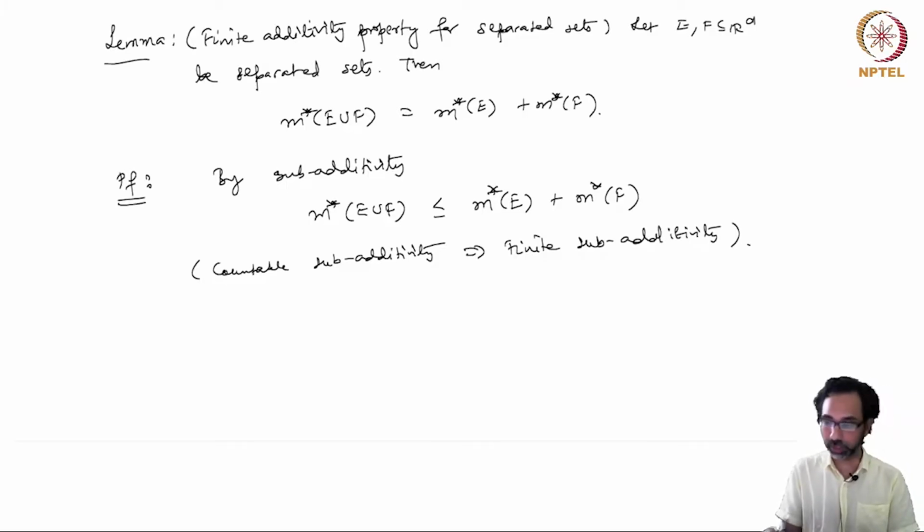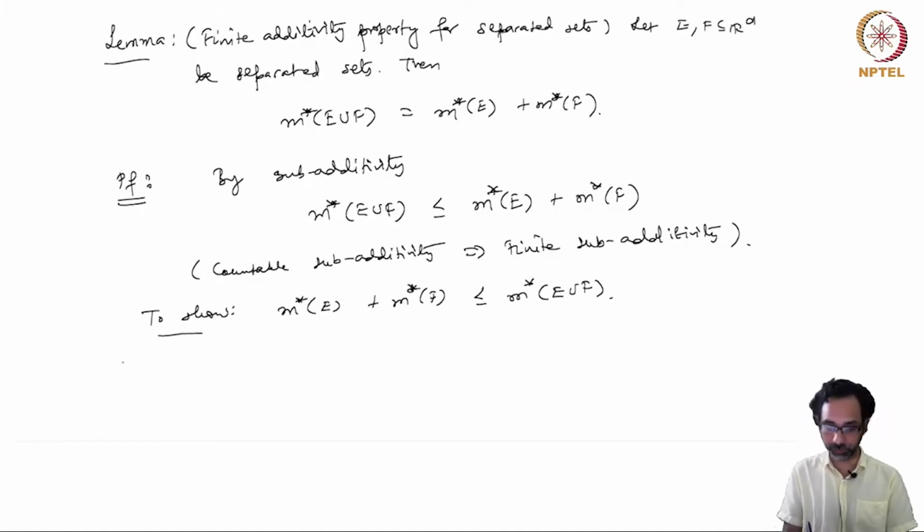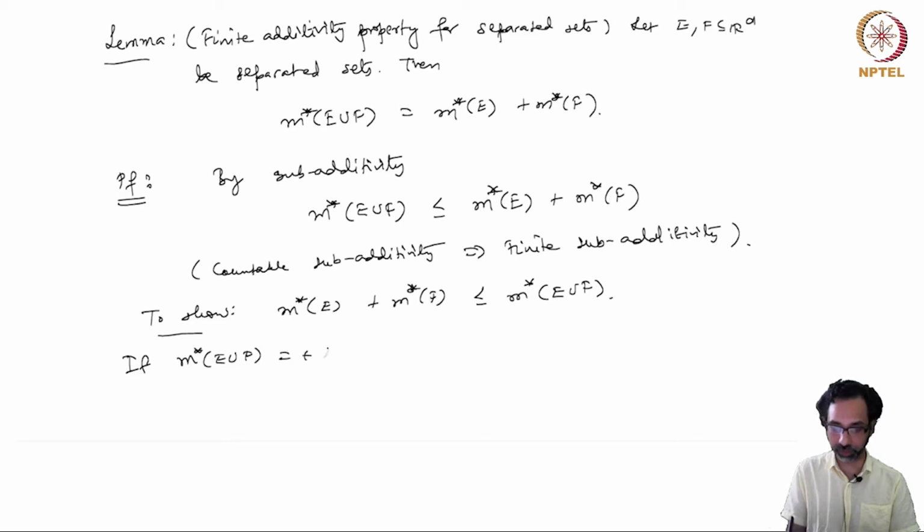So it's enough to show the reverse inequality, which is that m star E plus m star F is less than or equal to m star of E union F. Notice that if m star of E union F is plus infinity, then the inequality holds trivially,